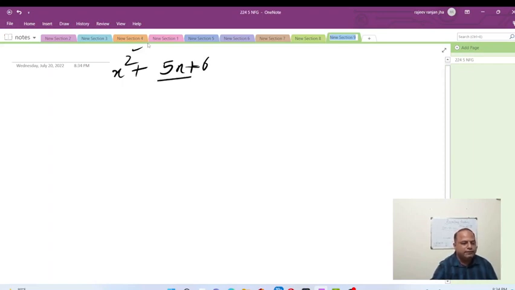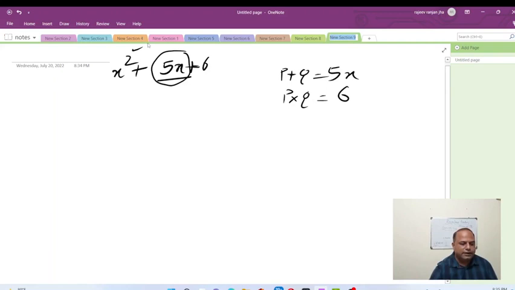Now the middle term is this. Okay, and so what happens? We have to split this middle term in such a way that, suppose we are splitting it into p and q, p plus q should give you 5x, and p multiplied by q should give you 6. That is